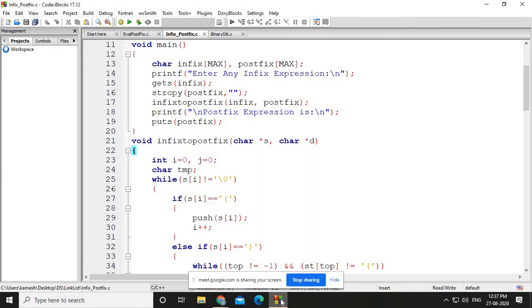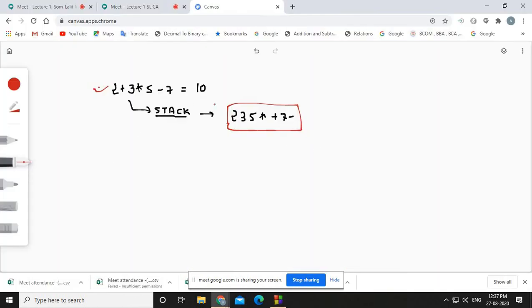Okay, now as I said, the calculator has a built-in program of stack, and that program is converting the infix expression entered by the user into the postfix. So this will be the postfix. Now how will the answer be evaluated? How will the answer 10 come, sir? Fine. As I said in the last lecture, to evaluate this, again the calculator is using a stack. Are you getting this?